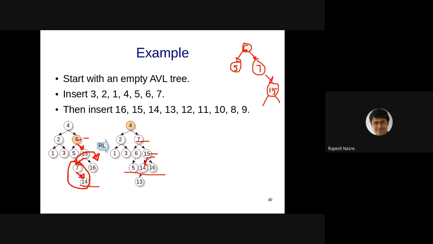So 13 is going to be an interesting case because you have to go all the way to the root. As you can see, there is no imbalance at 14, no imbalance at 15, no imbalance at 7 either. You have to go all the way to the root where there is actually imbalance. And that might require you something, but hopefully, okay. Okay, Murari has inserted all the nodes. So this seems to be his final answer. Let's see. We'll compare with what others are saying.